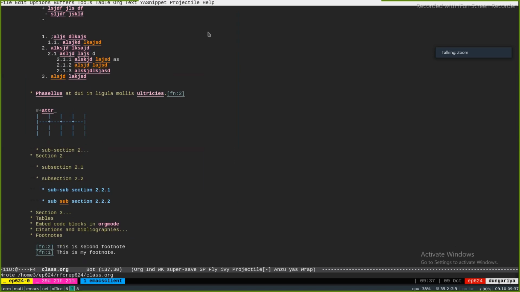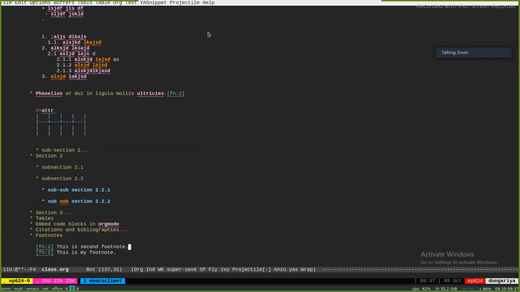Now, how the footnotes are exported depends on your export option. LaTeX would have its own way of exporting footnotes.